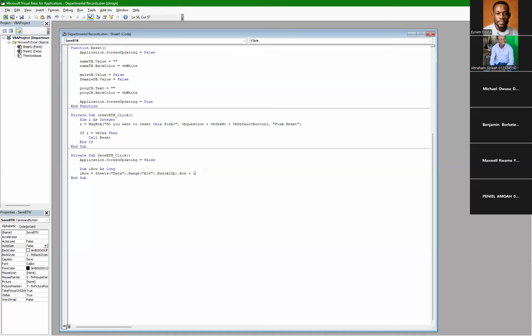Okay. So what we are doing here is to set the value for the serial number, so that it updates each time a value is entered. Then now we say if validate form equals true, then